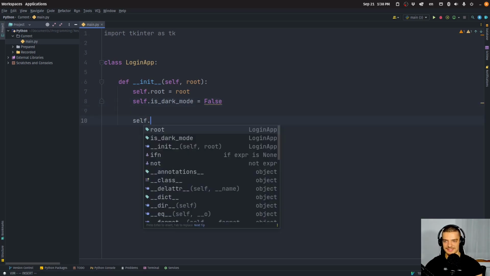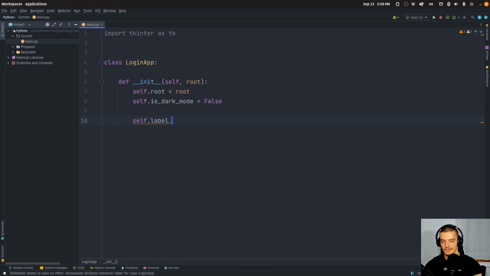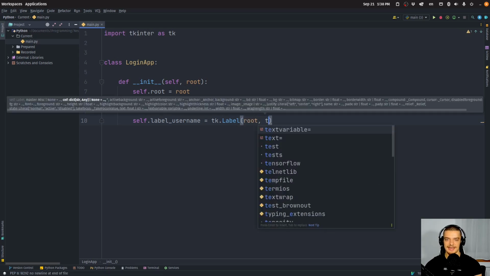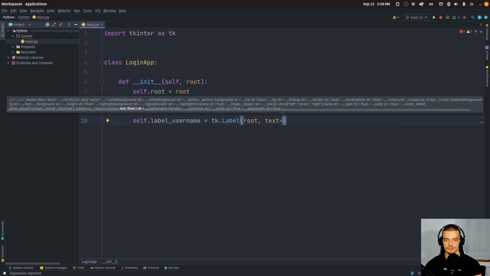We're going to start by saying self.label_username. So again, our application, you saw it in the preview already, will have labels for username, password, a login button, and a toggle dark mode button, and also a message box. So we're going to say here self.label_username is going to be equal to tk.Label. Tk.Label will be part of the root tk instance, and the text of this label will be equal to,